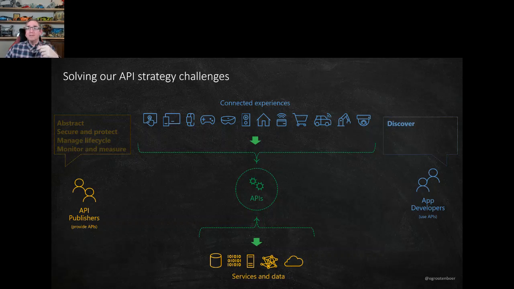Now, on the other hand, we have the app developers. Like I said, app developers are the people that actually are creating those connected experiences. And so they want to know which APIs are actually available to me. Like as an app developer, I want to know, okay, I'm going to consume your APIs, but which APIs do you have available and which operations are on there? And all of this I would like to know dynamically. When something changes, I should know that something has changed for me.